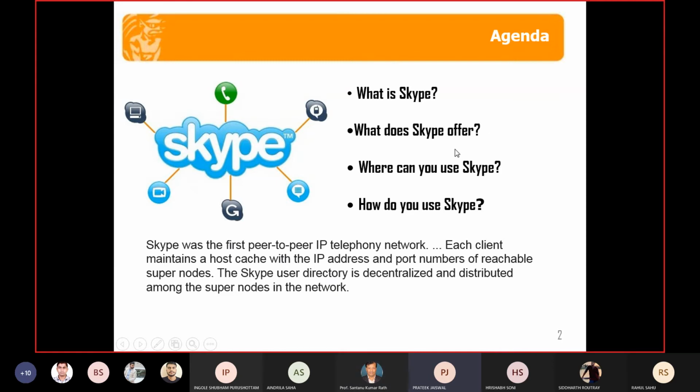As we told, Skype offers communications through telephony network, where we can communicate through messages, emails, video calls. Then Skype is very much useful. How do you use Skype? That is simple. You need to download the applications. It can be web app, Android, and some other kind. So these are the questions we first need to ask for any Skype platform.